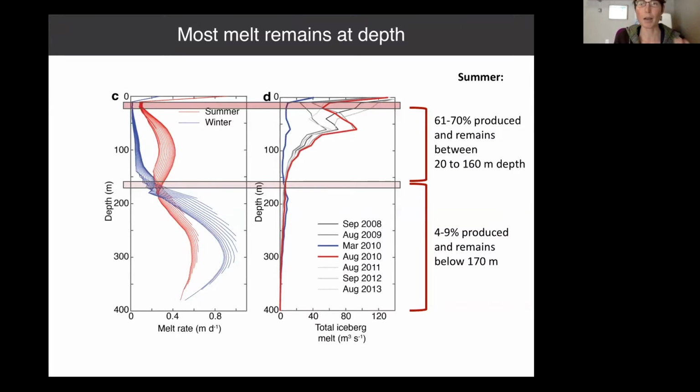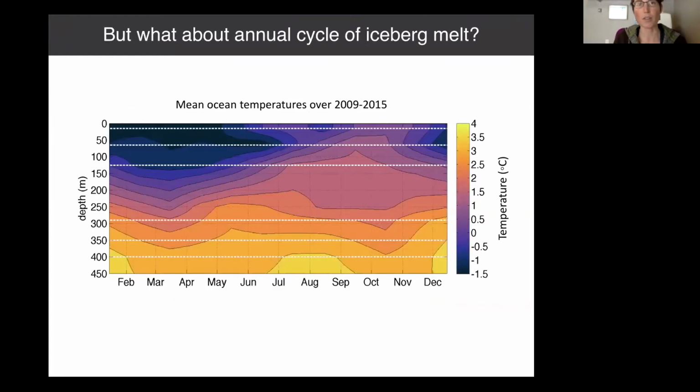But our interest was not just in what's happening in icebergs, but also what was happening for the full freshwater flux within the fjord, and the role of these different components. So in order to cycle up to a full annual cycle, we needed to add more information about what our